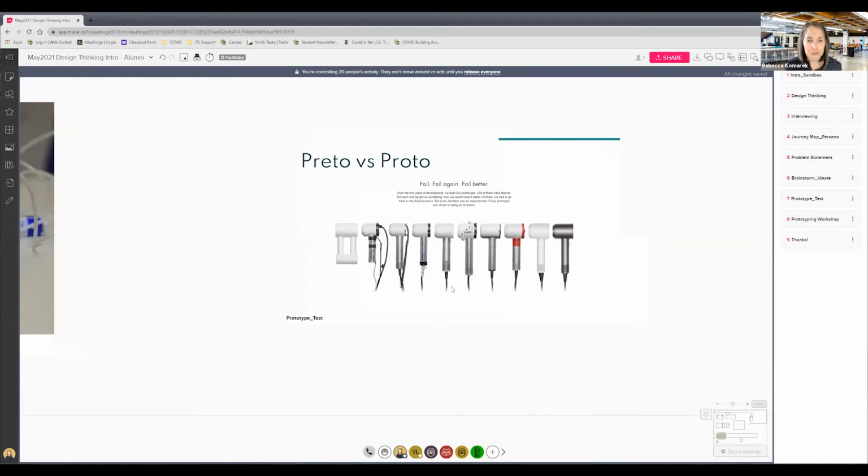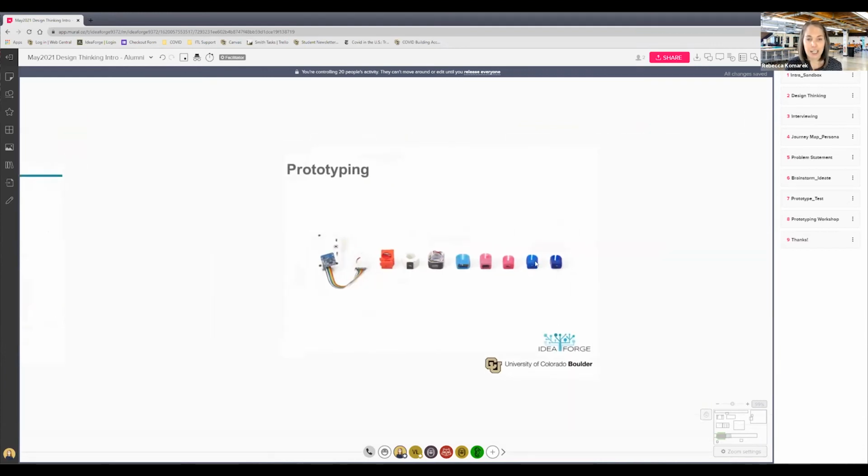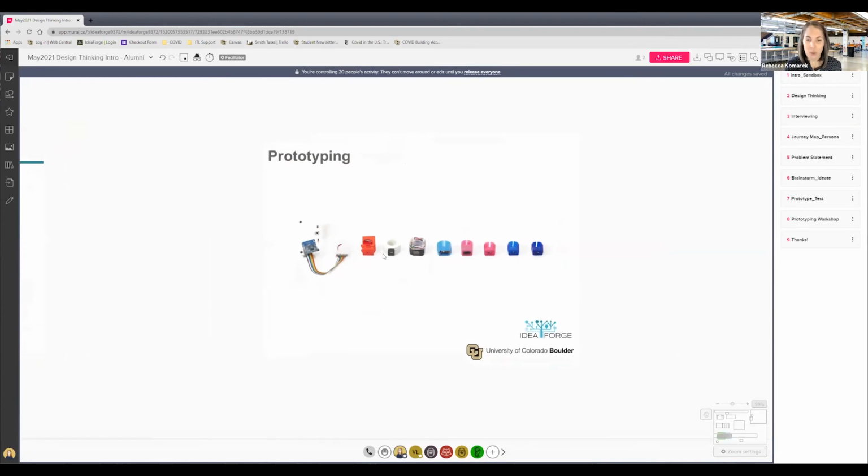So just for fun, I have another similar photo here. This is an example from Spectrum's rings. Spectrum's was a CU Boulder startup that was started by students. And they did a similar prototyping process, and they made their final ring in the Idea Forge. And what Spectrum's rings do is that you can wear this ring, and it's attached to an app on your phone. And when you tap various